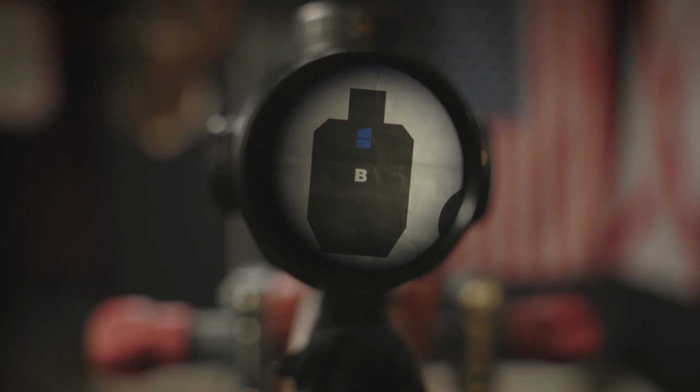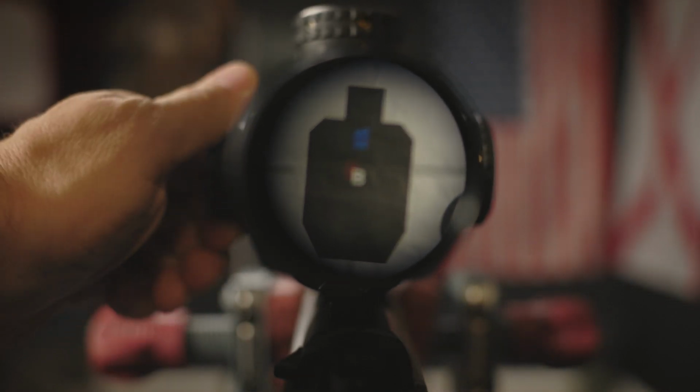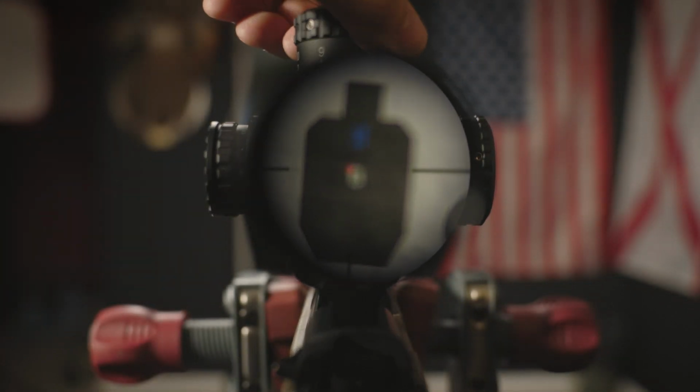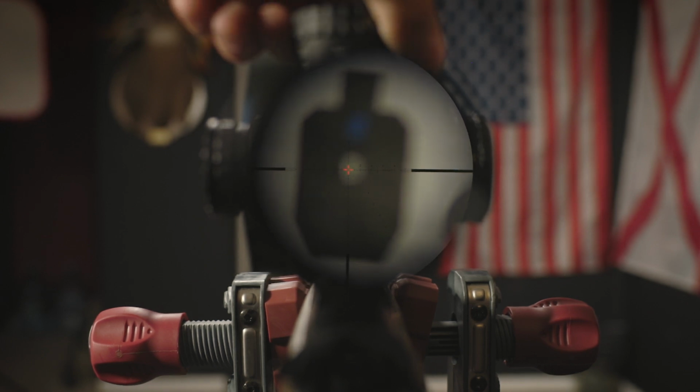Okay, so you see the target, you see the B that we're talking about that we just lined the muzzle up on, okay? So the muzzle's lined up on the B, it's at 10 yards, and you see there's a blue piece of tape over the B. What we want to do is we want to dial our reticle, which we're going to turn on in a second, and you'll see it looks like a red dot. We want to dial our reticle up to the blue piece of tape. As we start turning it, we see, oh no, it's moving down away,